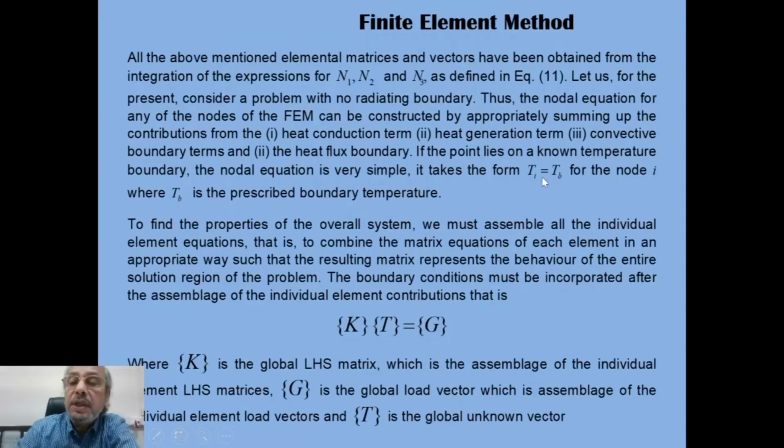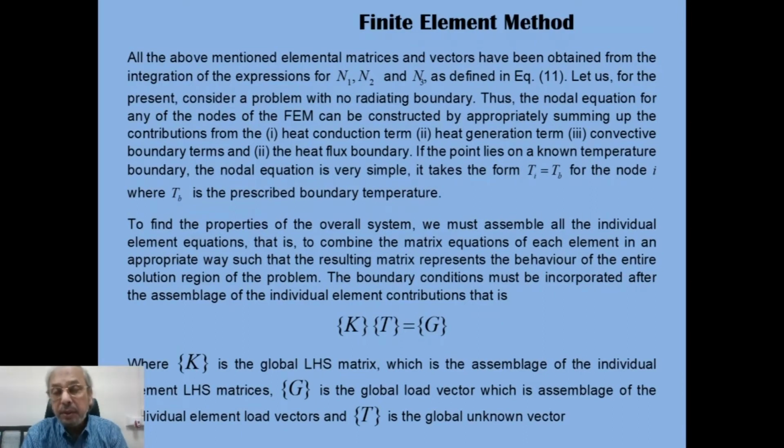For example, Ti will be Tb for the node i, where Tb is the prescribed boundary temperature. So that is how the contributions will come for each term in equation 11 evaluated on the elemental triangle,